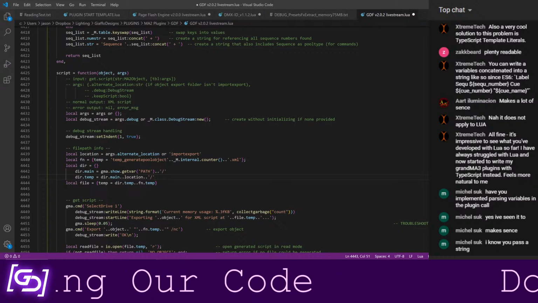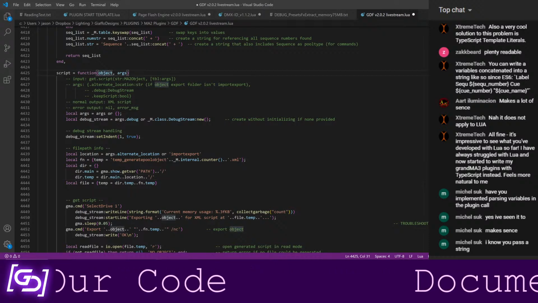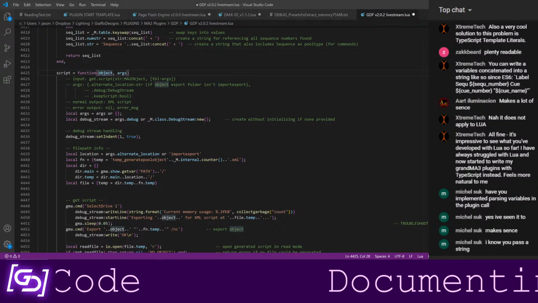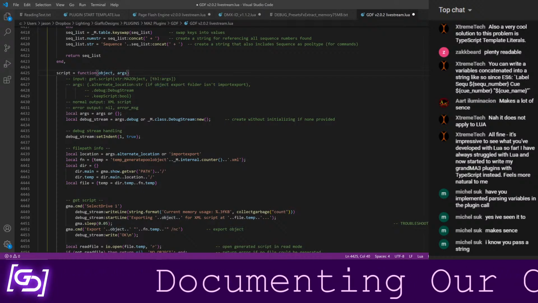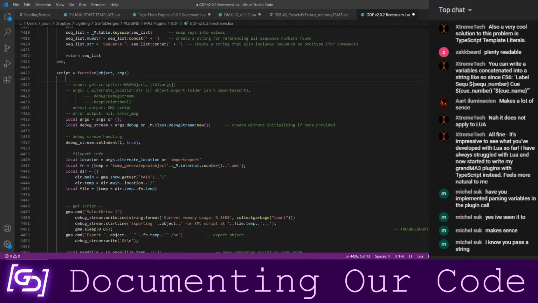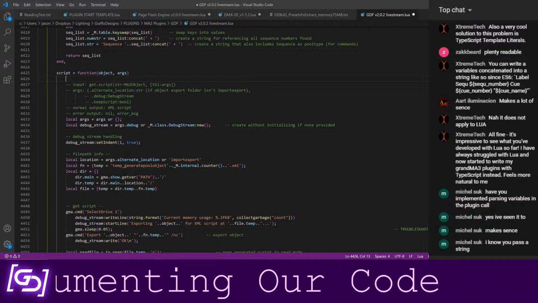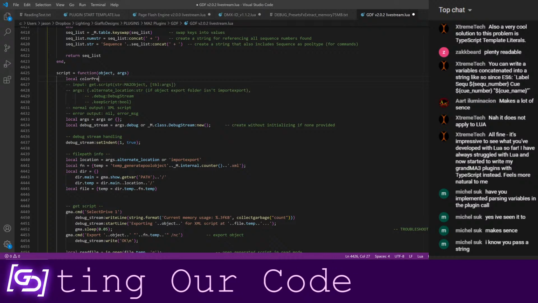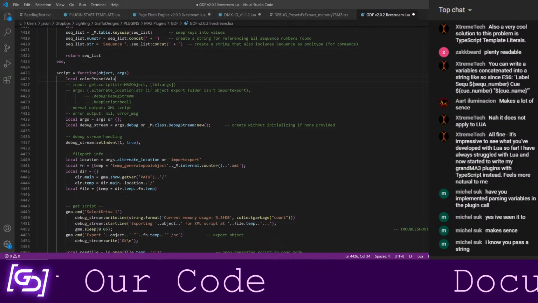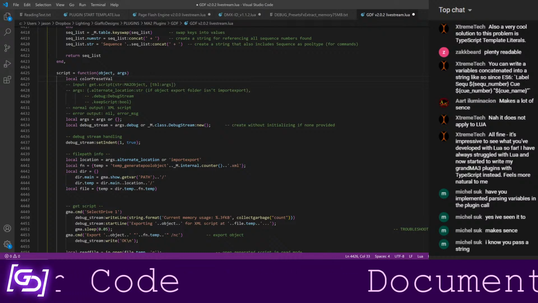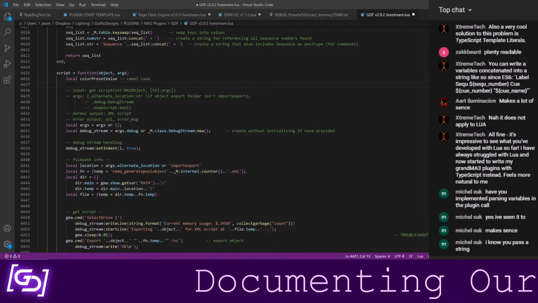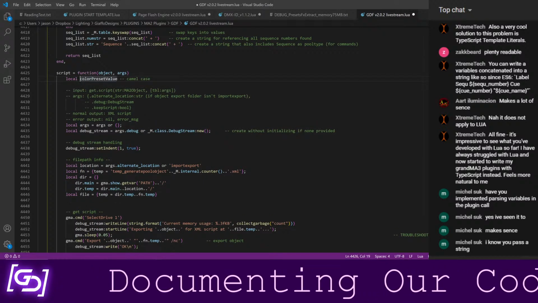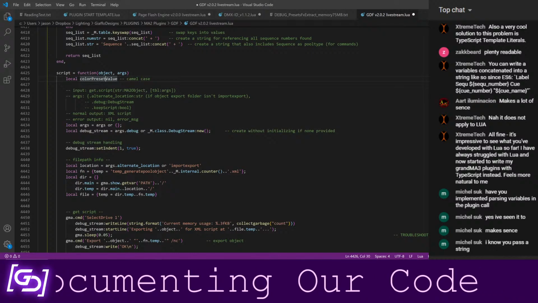So for example, just naming a variable, I will use camel case, which is where the first word in the name is lowercase and everything after that is capitalized. So it would look like, if I was saying local color preset value, that would be misspelled. That's camel case. Every word except for the first one has an uppercase.